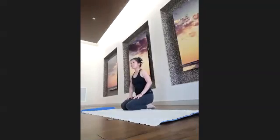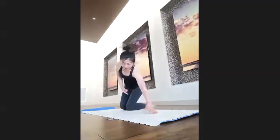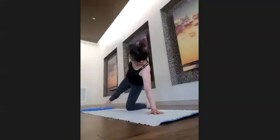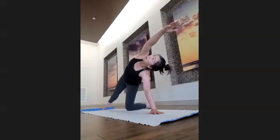Beautiful. So just if you need to have a water break to hydrate your throat, by all means. I'm going to go for the opposite direction. So left hand onto the mat first, right toes pointing toward the opposite side, and reaching your arms out. Just stay and breathe here. Feel the lengthening for 2